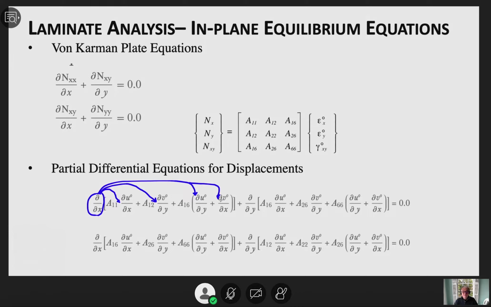If A16 is also constant, it will become partial square u, partial x partial y, and partial square v, partial x square. So it will be a simpler partial differential equation, and there will be similar quantities coming from this side, okay? And that means this will move there,